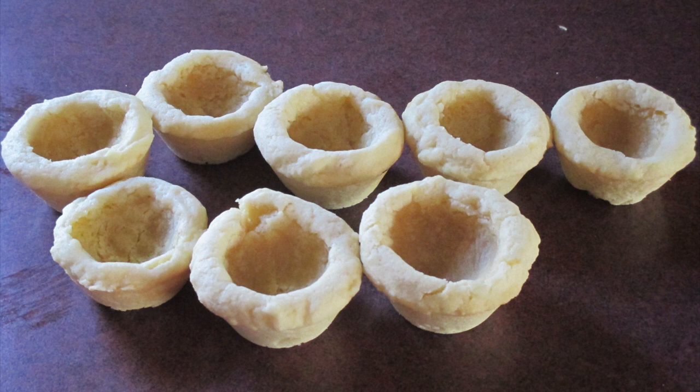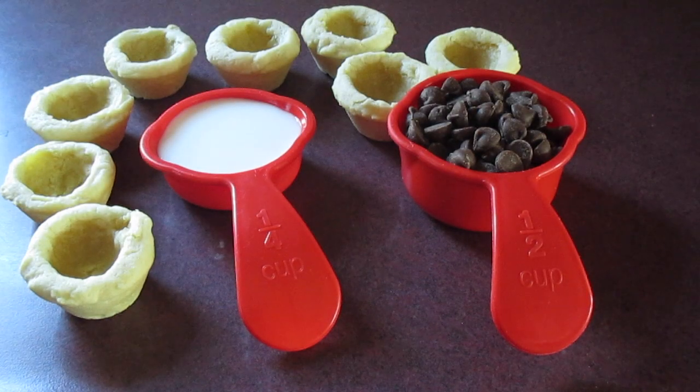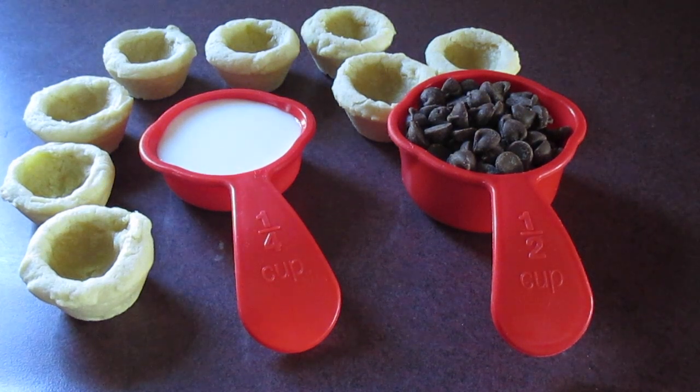And then I just kind of took my thumb and very carefully, because it was very hot and I almost burnt myself, I just kind of made it a little bit deeper and made it look a little nicer. So now that our cookie cups are done and cooled, we're going to make a chocolate